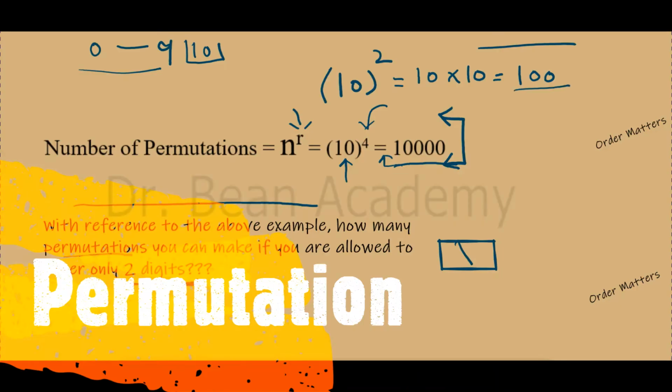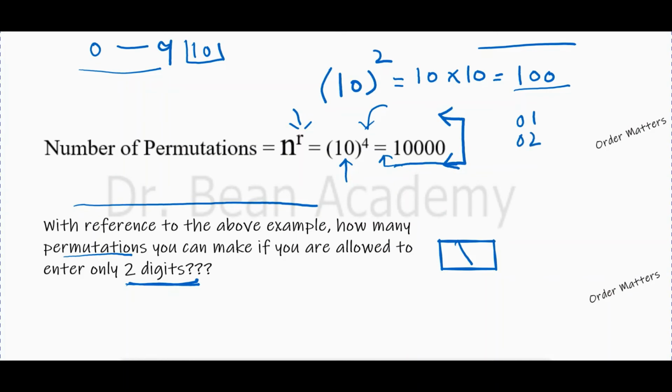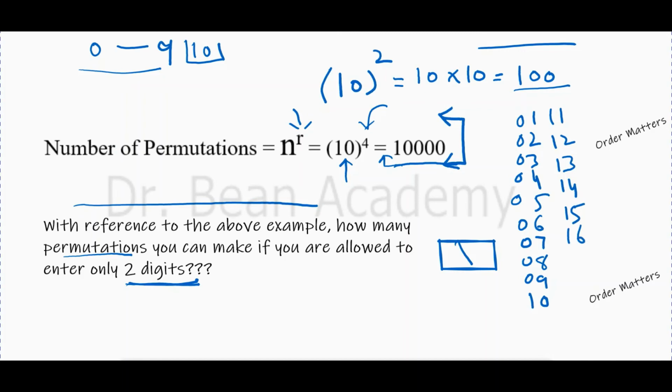For example, I will try 01, 02, 03, 04, 05, 06, 07, 08, 09, and then I will enter 10, then I will try 11, 12, 13, 14, 15, 16. So similarly I will just keep going and I will reach 99. So if I am very unlucky, I will unlock your code at 99 at most and the total tries are